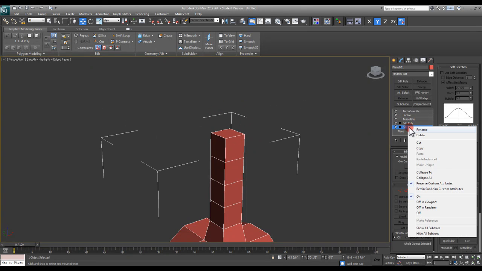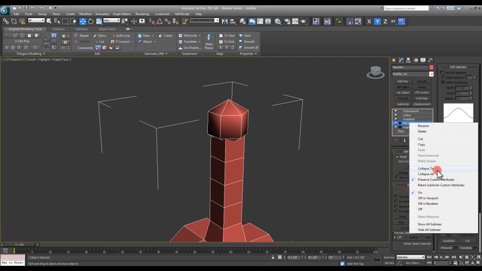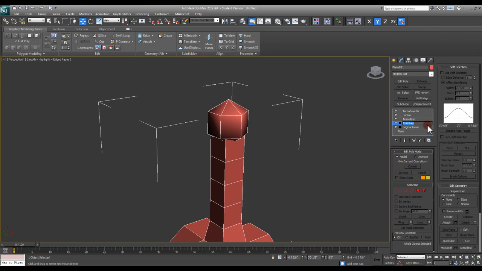So if I come down here, I can rename this as like original tower, and then I can rename this as sphere edition. So then I can see, okay, that's when I added my sphere to it. I could even drop another edit poly on here and rename this to sphere